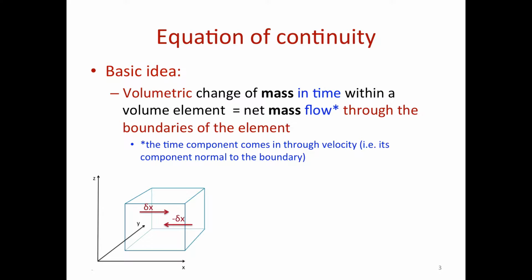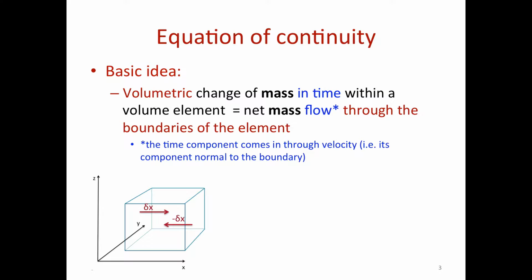And I know that since I don't have any reactions that would generate anything, that's not what I'm looking into right now. I'm looking at the change that can only occur by flow through the boundaries. So my net change, or volumetric change of mass, will be net mass flow through the boundaries of this element. Okay. In order to figure out what's actually coming into the element, we actually have to know